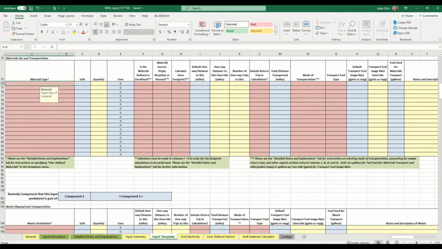Consistent with the color coding throughout the SEFA workbooks, you will populate information in the yellow cells and select from the drop-down menus in the red cells. The blue cells will be automatically calculated for you. Columns F through H are associated with materials manufacture and use, while columns I through R are associated with materials transport. If you do not wish to incorporate materials manufacture or transportation into your footprint summary, then you should leave